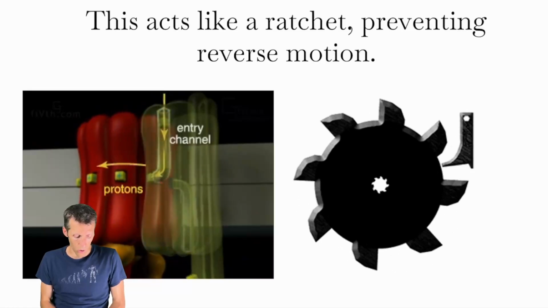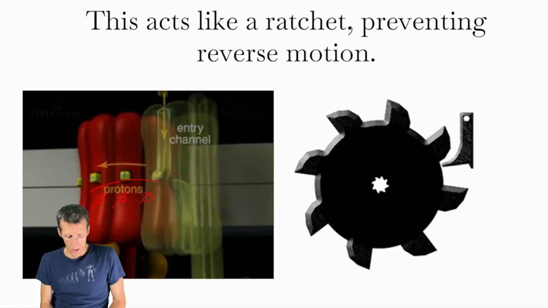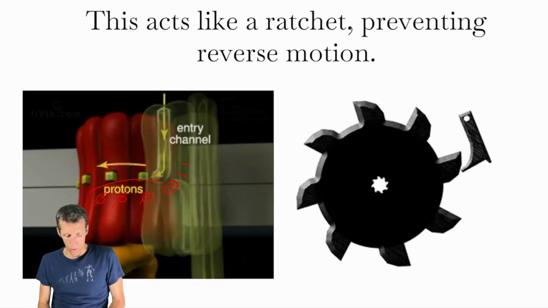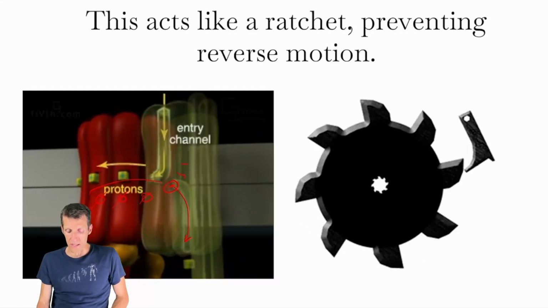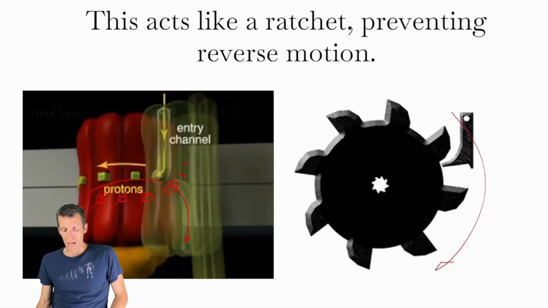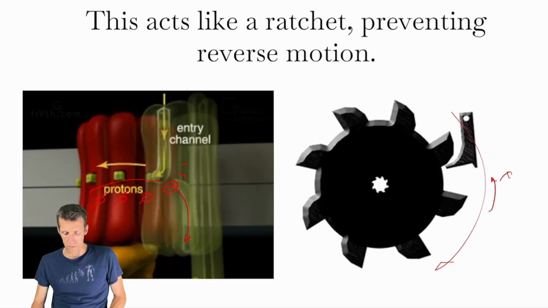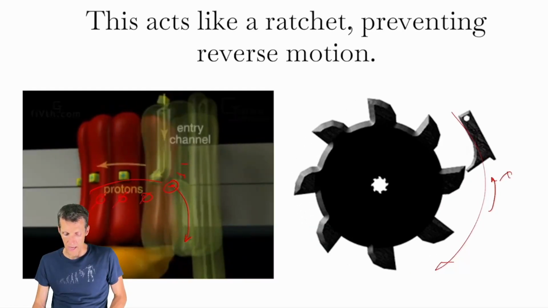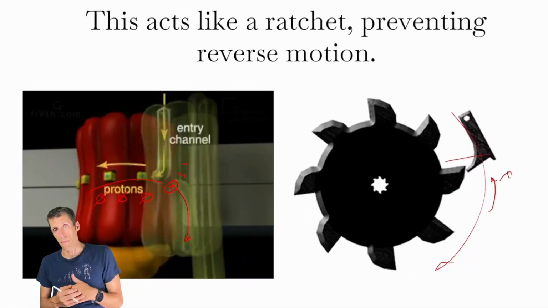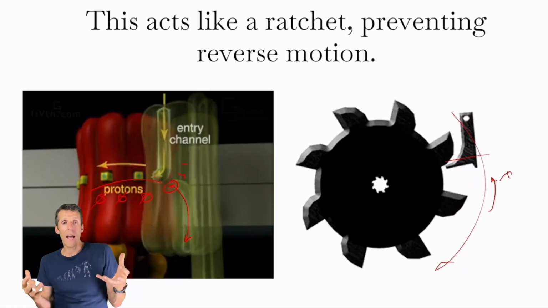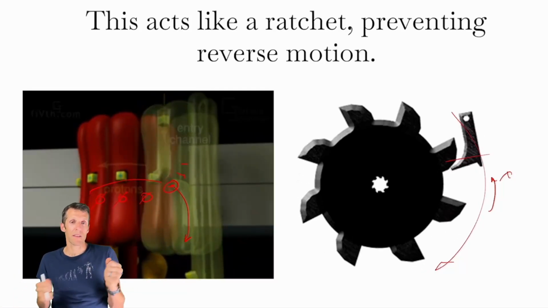So these guys are all in this neutral form, right? Back here, if it goes the other way, here it's in its negative form because the proton has fallen off. So it can't go backwards. It's like this ratchet here, right? It's spinning. It can spin in this direction, but it cannot spin in the other direction because if it did so, let's actually, I guess we can't pause that video easily. It would actually sit there and stop it. It can't rotate in that direction. So we have a ratchet that's built around the charge state of the atom of these aspartates that net moves